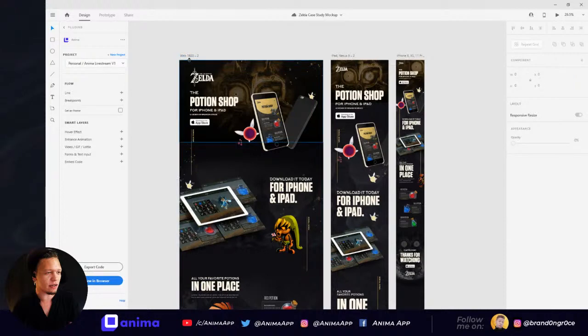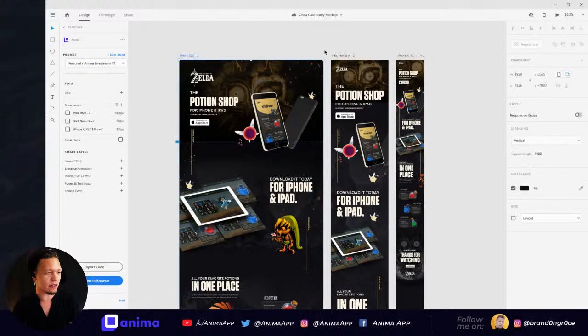All I have to do is select all of my artboards here, go to breakpoints, and it recognizes what I select. So I go 1, and it already sees all of my artboards. So it goes 1, 2, 3. All I have to do is select all of the artboards for the correct breakpoints, and I can set as home if I want. Now I can preview in browser, and what it will do